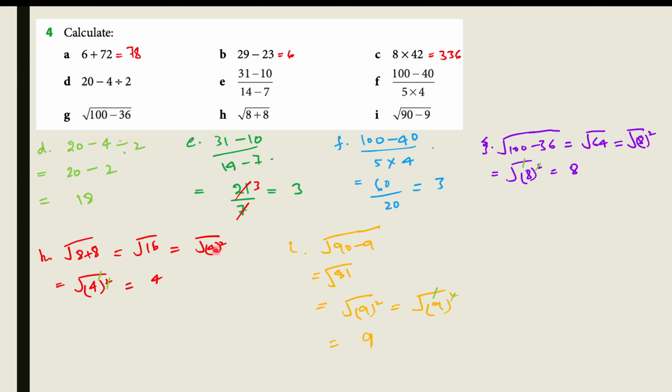Then we have square root of 90 minus 9. When we do the subtraction, 90 minus 9 is equal to 81. So we have the square root of 81. We can write this 81 under the root as the square of 9, because 9 multiplied by 9 is equal to 81. So when we write it as 9 square under the root, the square gets cancelled with the root,